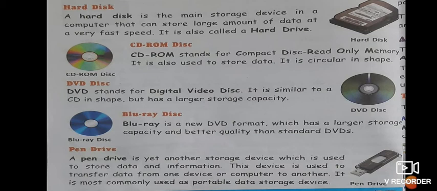The last one is pen drive. I hope that you already know what a pen drive is. You must have seen it with your parents or with your siblings, your brother, sister. So pen drive is another storage device in which also we can store our data and information from the computer. And it is also a portable device. That means it can be attached from one computer to another computer, and it is the very easiest way to transfer the data from one computer to another. People generally use this device as a storage device because it is easy to use and we can transfer the data very quickly and easily.